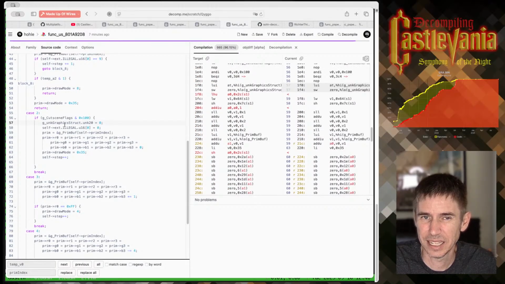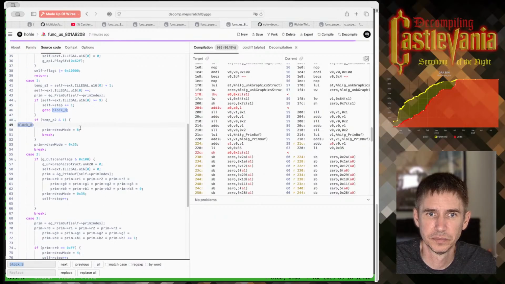So we need an entity extension. I think we have one already that has a timer associated with it. Or that is just a timer. And I think that's all that's necessary.